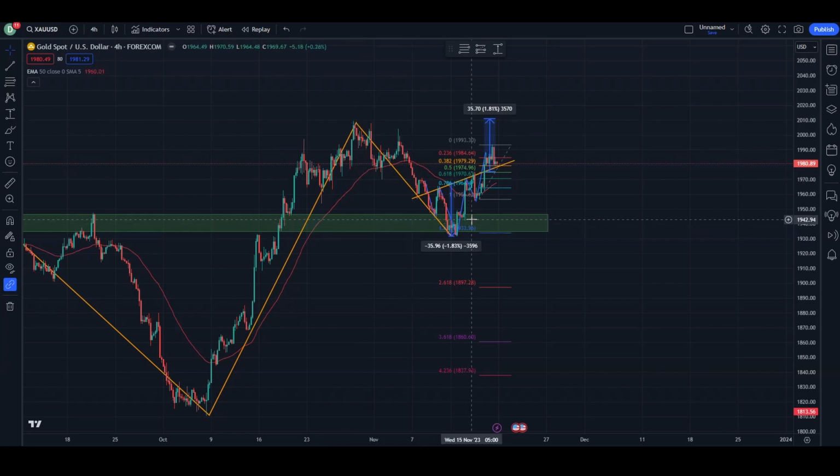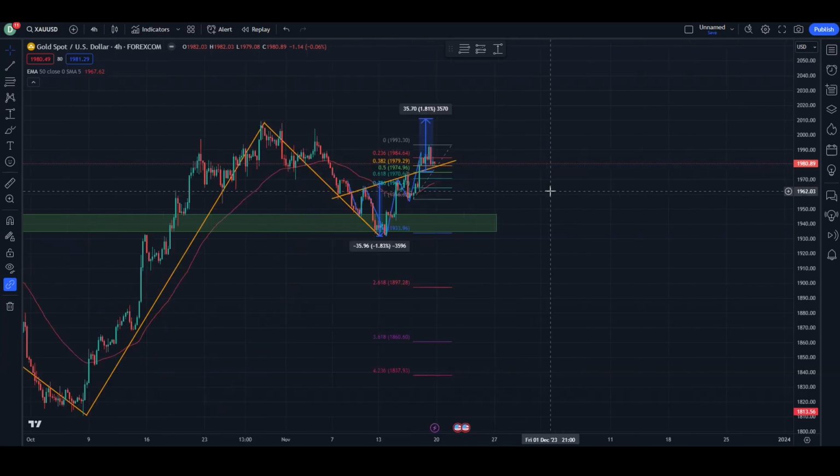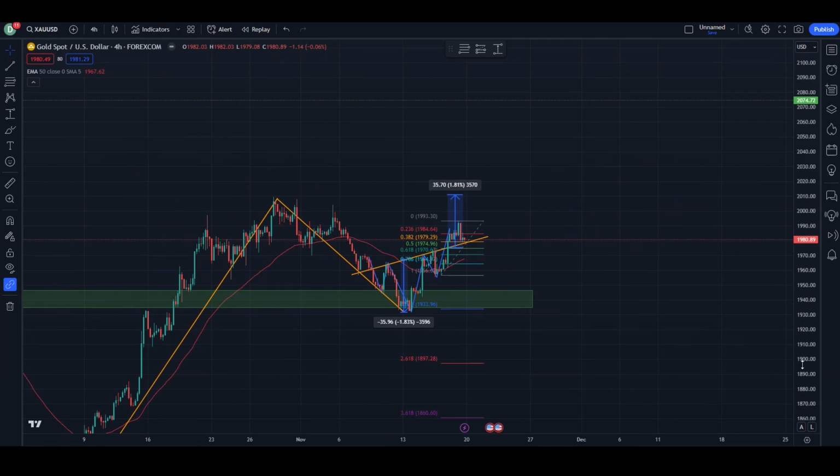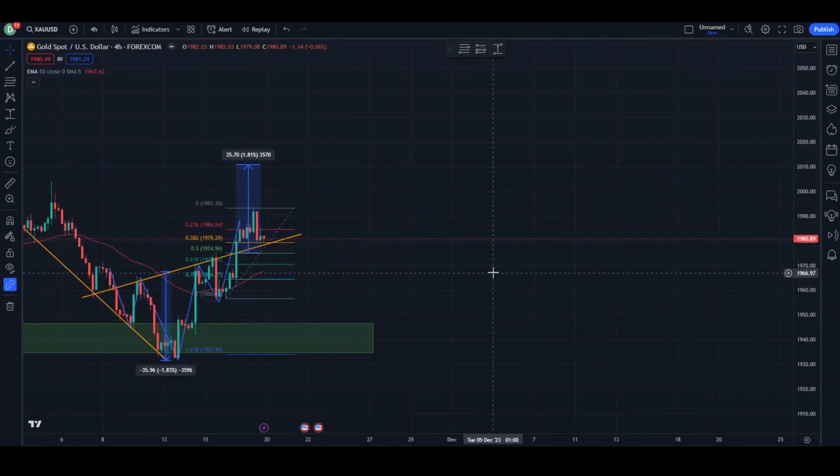If this movement from this inverse head and shoulders pattern is completed and the price goes to 2010 or above, this will be taken as a confirmation of a possible beginning of a new general uptrend from the market structure perspective. Also, all of this can align extremely well with the December rallies I told you about in the detailed